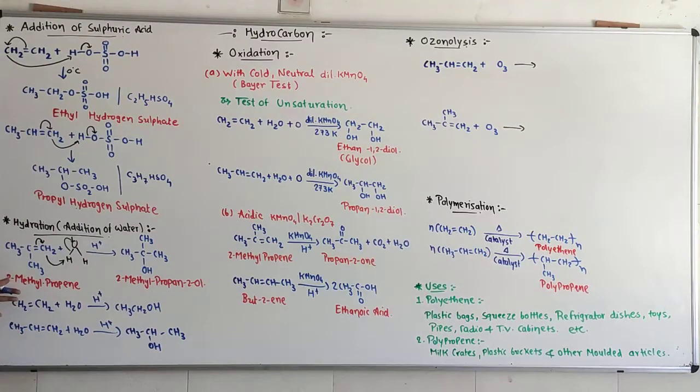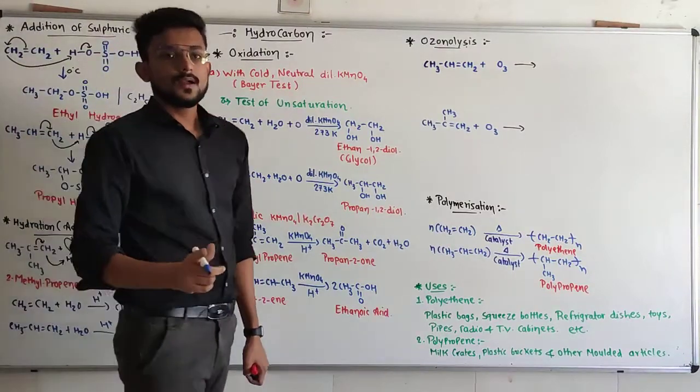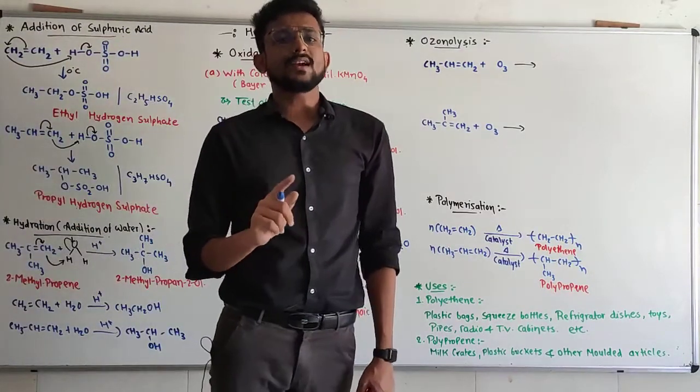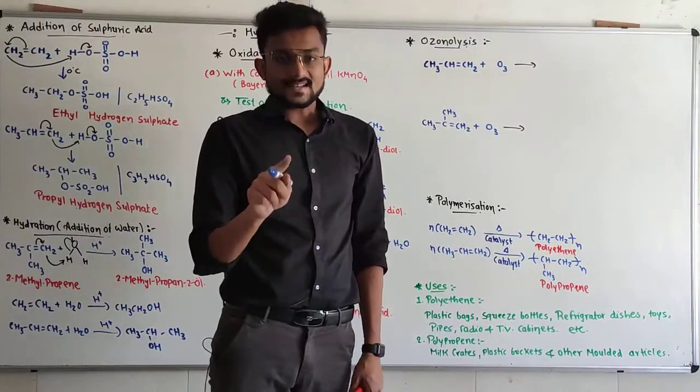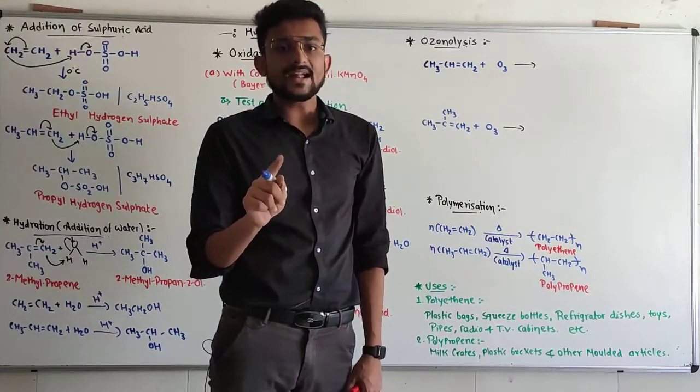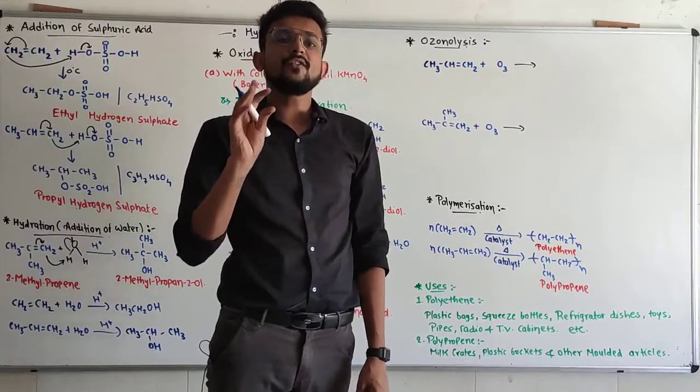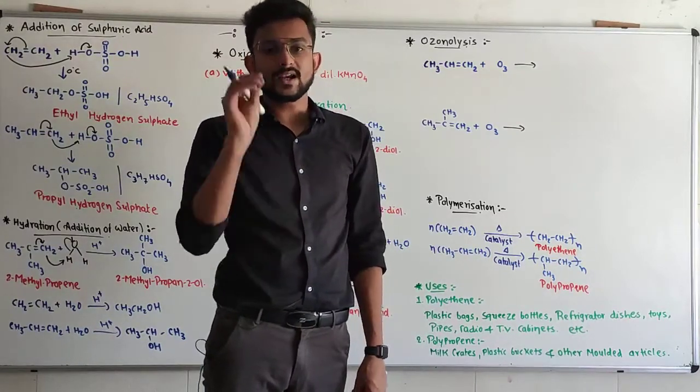This reaction occurs in an acidic medium, so we have to add some drops of sulfuric acid. That was a hydration reaction. Remember that when we have an unsymmetrical molecule, we have to follow the Markovnikov rule. The carbon with fewer hydrogens gets the negative part. The nucleophile will be on the carbon containing fewer hydrogens.